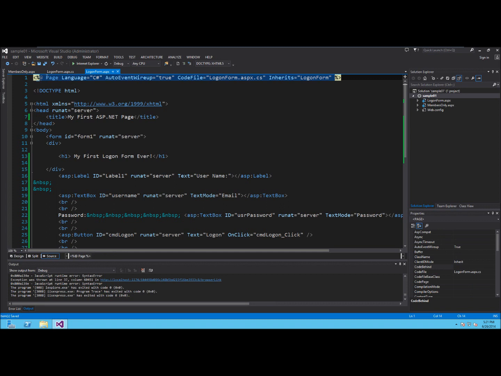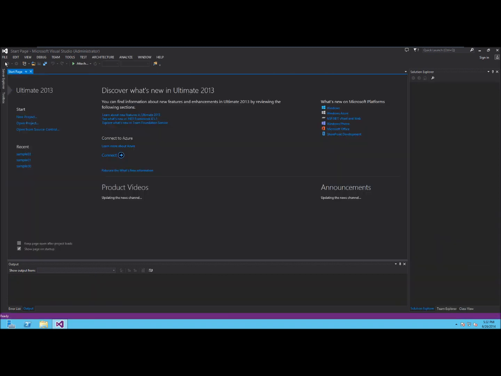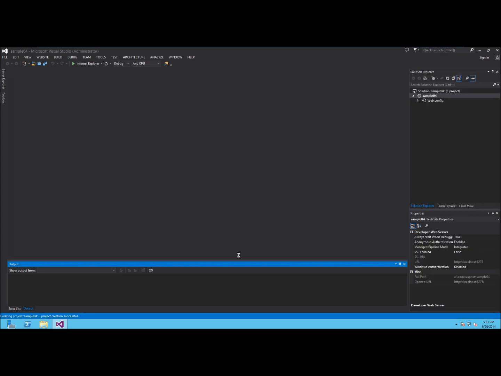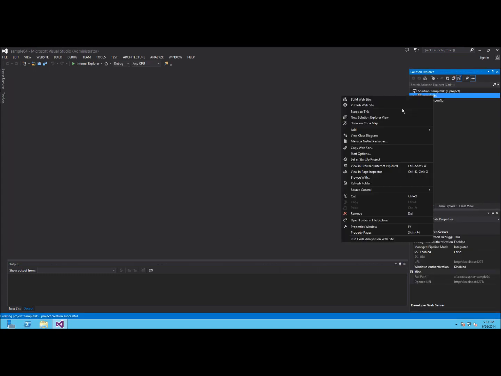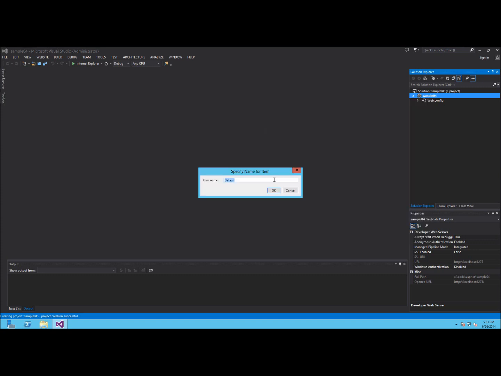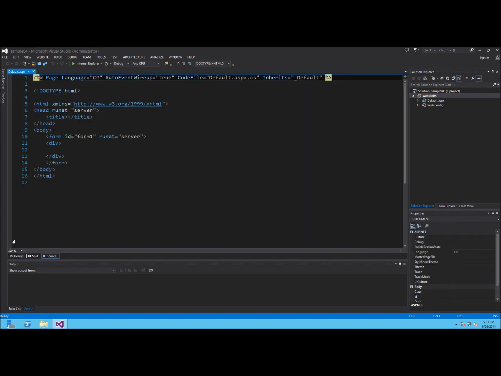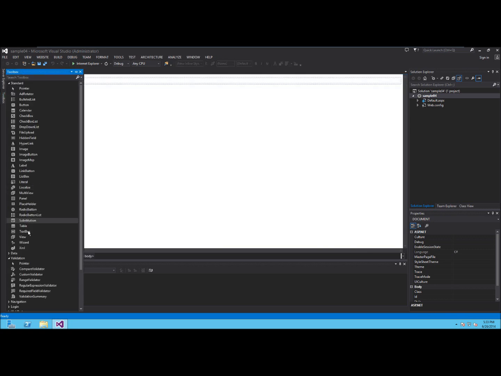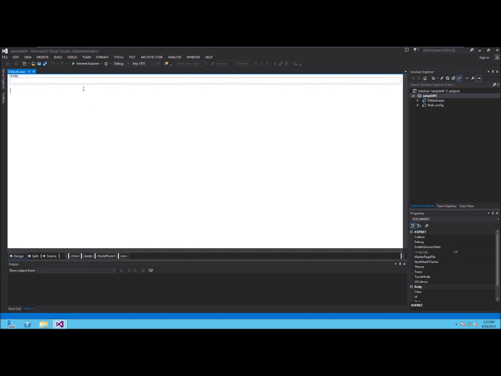And if I go to the top right here, it says page. You see language. I'm going to open up a brand new site, brand new website, Visual C#, empty website, and build out sample 04. And I'm going to open up a new web form, and I'm going to put up a very simple toolbox, put up a